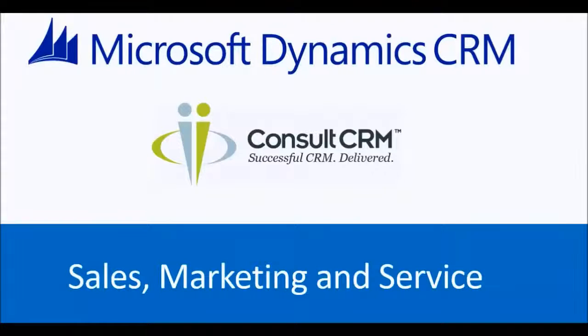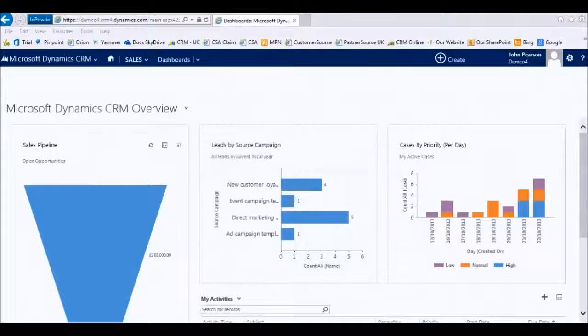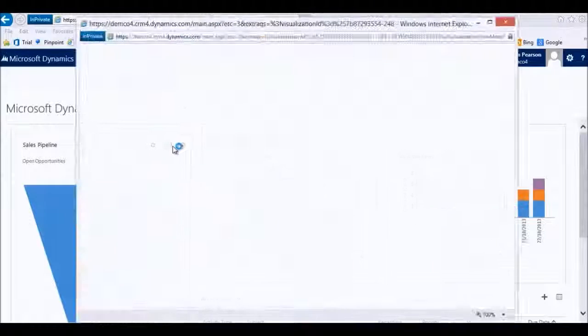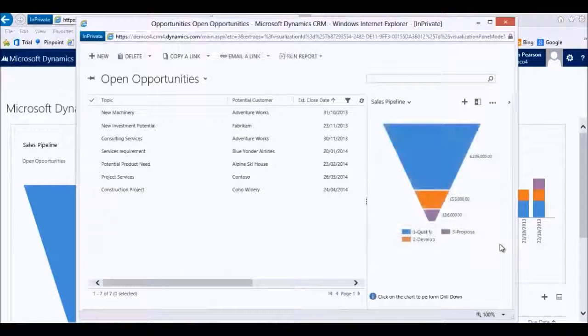Okay, let's move on and take a look at the sales, marketing and service features inside Microsoft Dynamics CRM. Let's start in the sales area and take a look at the dashboards. To begin with, I might want to have a closer look at the sales funnel. This is telling me information about what's going on at different stages as things are moving through the sales cycle,